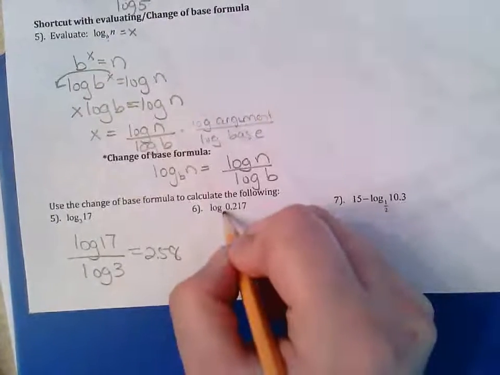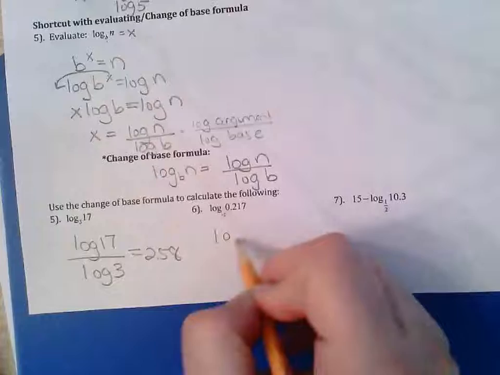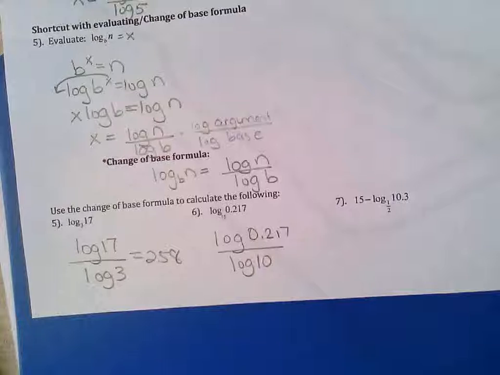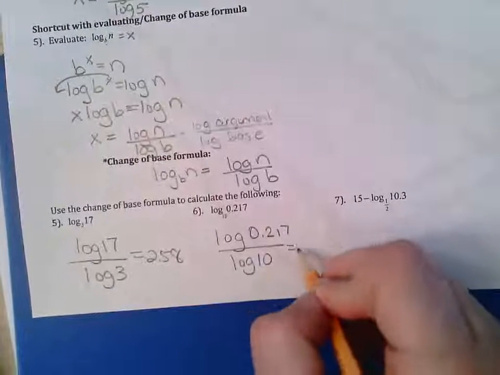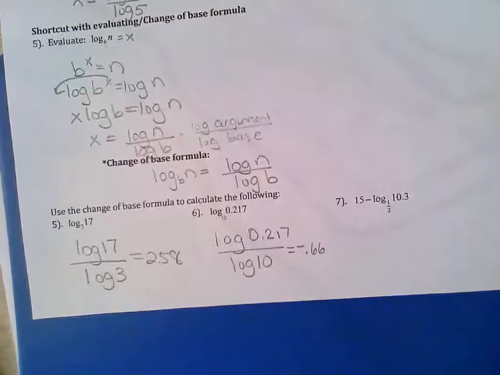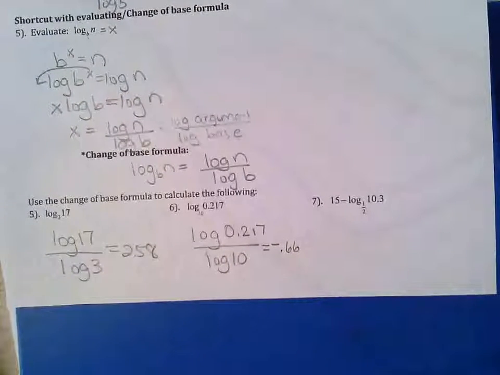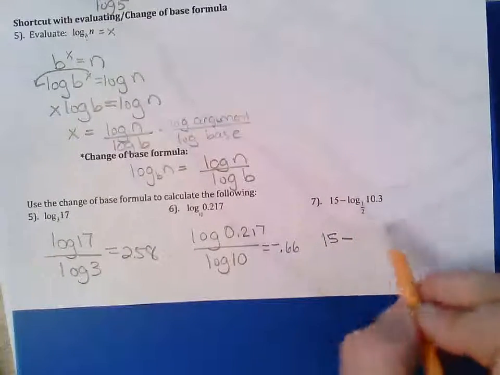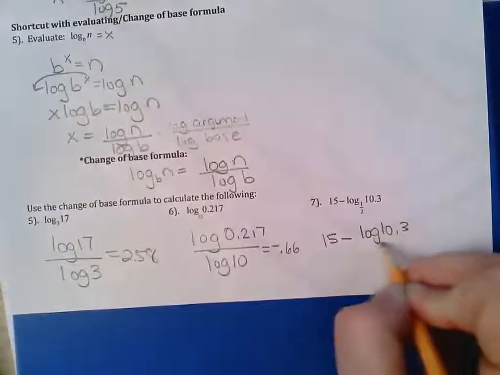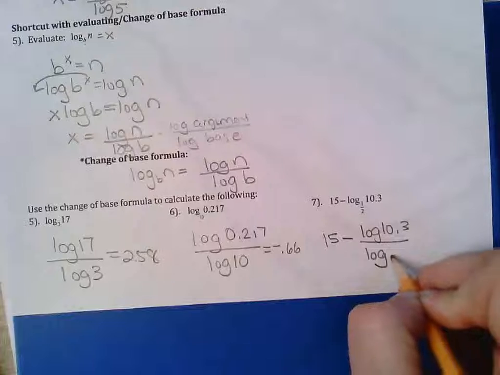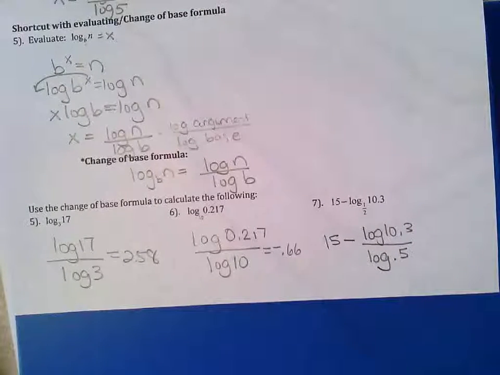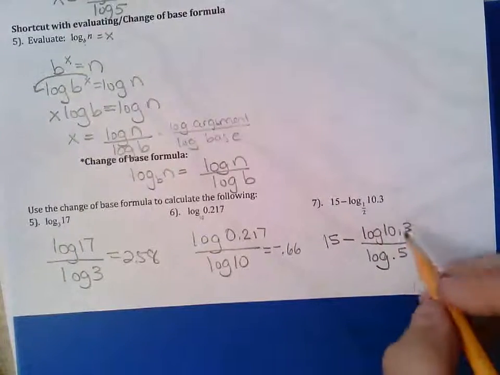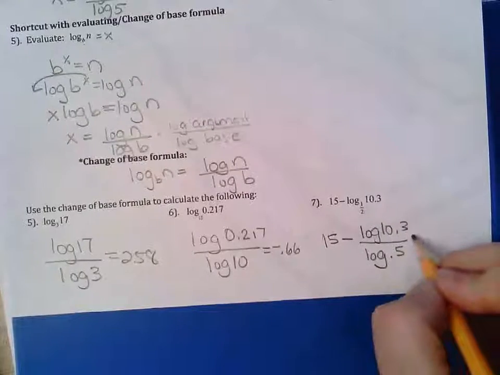Number 6, remember this is understood common log, base 10, log of the argument divided by log of the base. So log 0.217 over log 10, and that'll be negative 0.66. And last but not least, not overly difficult, but the 15 in front just says let's do 15 minus whatever we get. Again, I'm evaluating this log of the argument, log 10.3 over log of the base, log of half. I'm going to put 0.5 just for ease of typing it into the calculator. So in the calculator, we'll be doing 15 minus that. You might want to put that in a parenthesis or do this first and then 15 minus your answer, and we will get